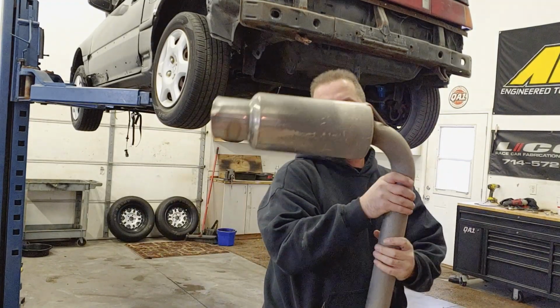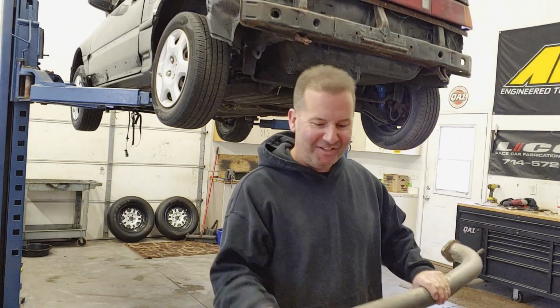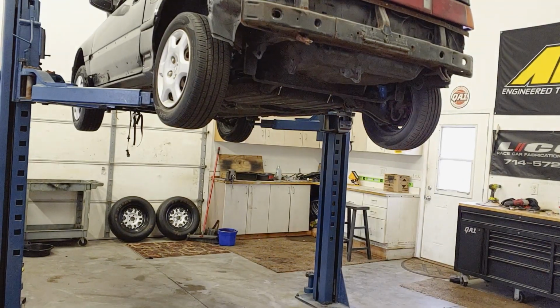If any of you out there need a mint condition Chinese exhaust for a CRX,